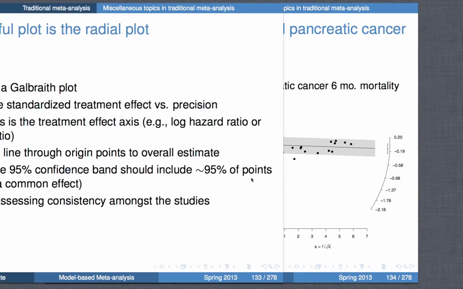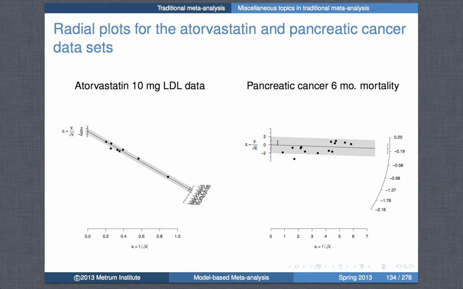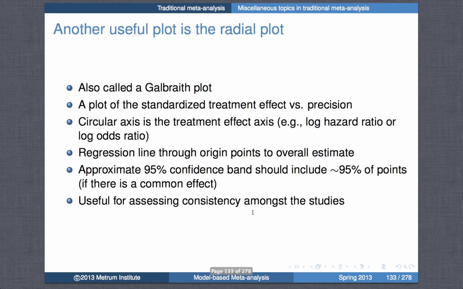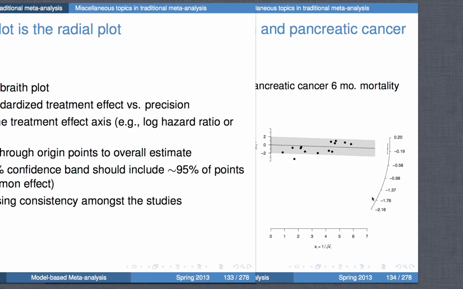And the idea, it's a confidence band here on the standardized scale. Once we've standardized relative to the standard error, we've kind of removed the fact that smaller studies have bigger standard errors and more variability. So in this confidence band, we should expect to see 95% of those points falling within that shaded band. And if we were to see lots of studies falling outside that band, that gives us some idea that there's some inconsistency amongst the studies, and that perhaps we need to account for that in